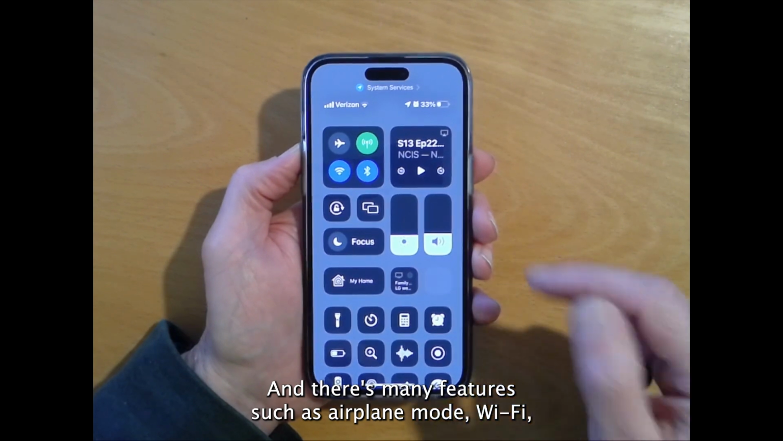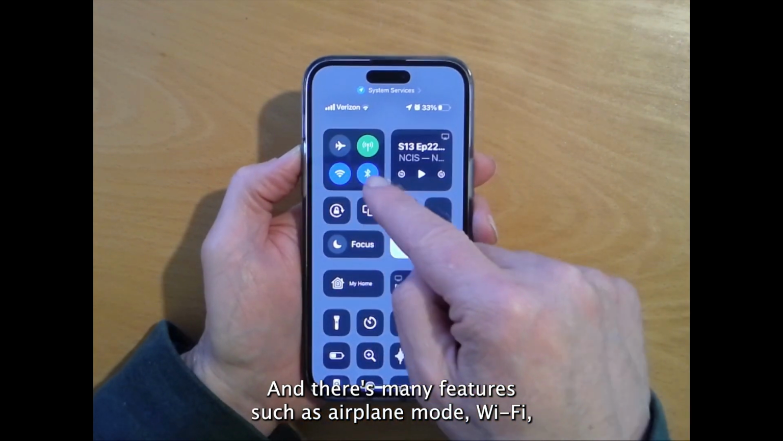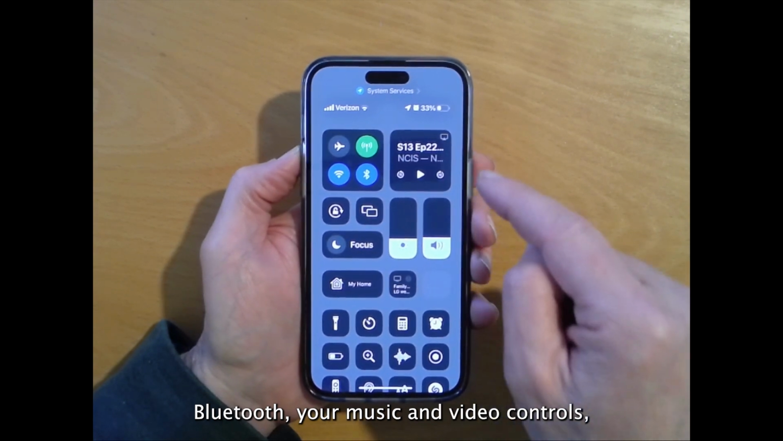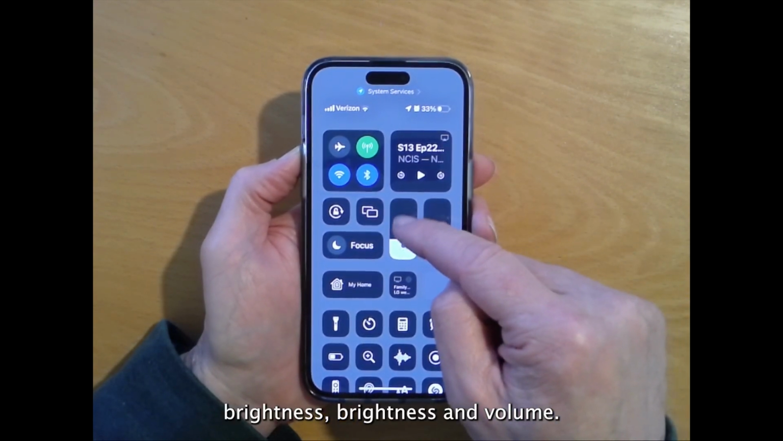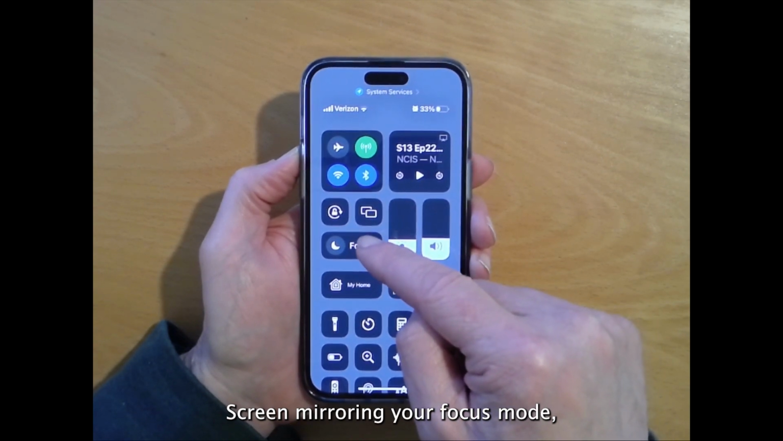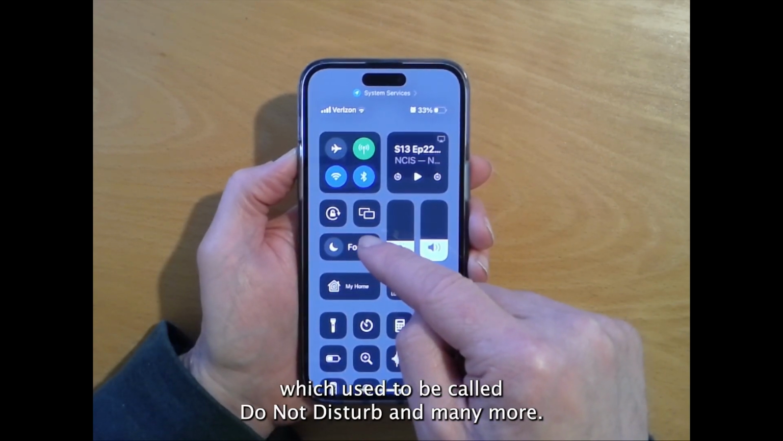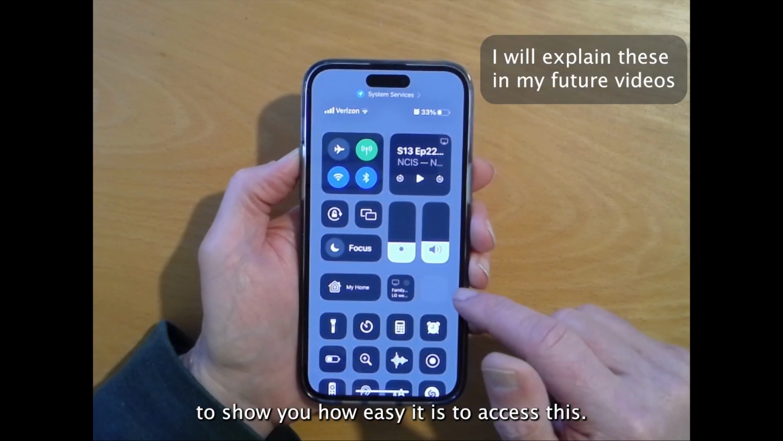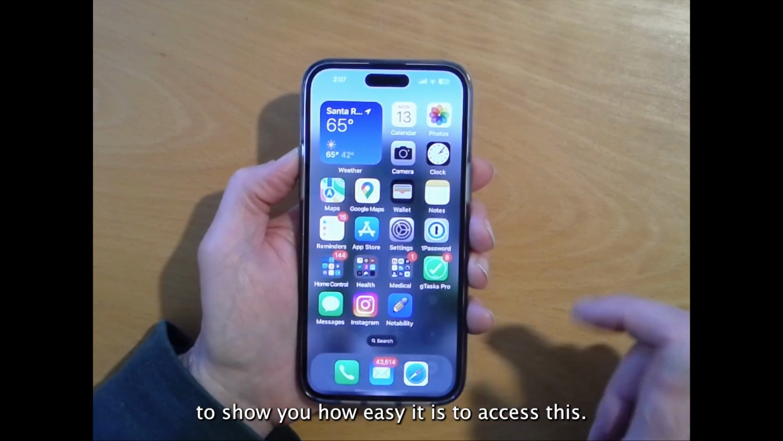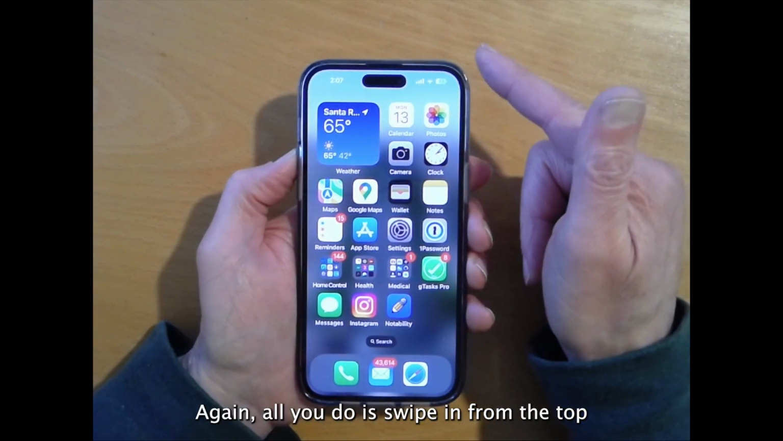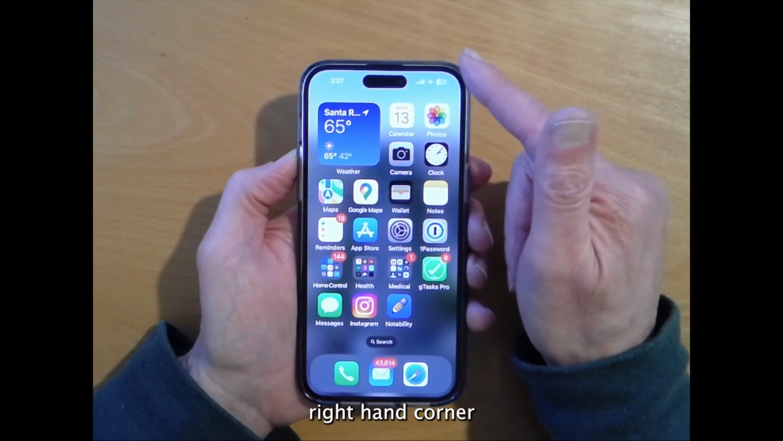And there's many features such as airplane mode, Wi-Fi, Bluetooth, your music and video controls, brightness and volume, screen mirroring, your focus mode, which used to be called Do Not Disturb, and many more. But right now I just wanted to show you how easy it is to access this. Again, all you do is swipe in from the top right hand corner